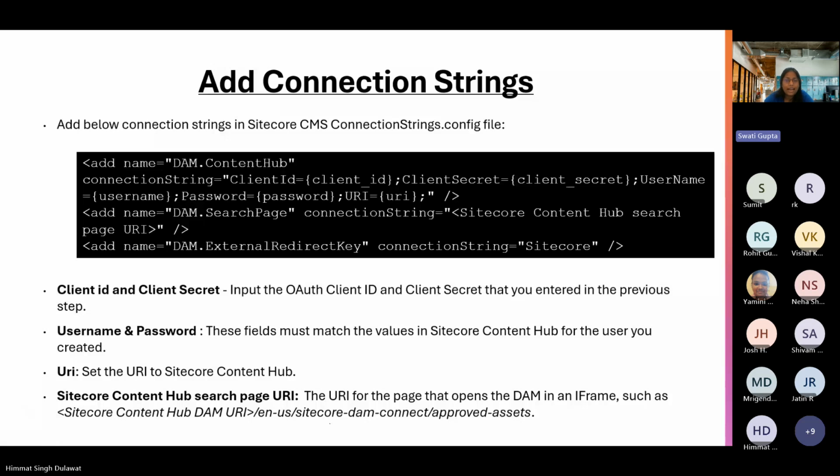So we are adding this approved assets URL only in the connection string. So only the approved media items will be visible while we are browsing in the XM or the XP. That's why we have mentioned the approved slash assets. So in the next step,